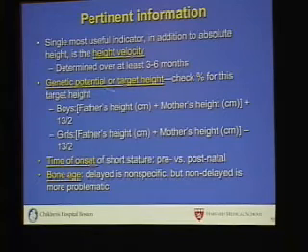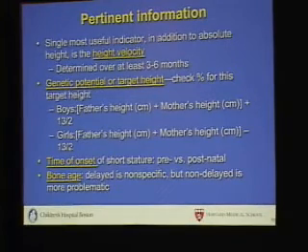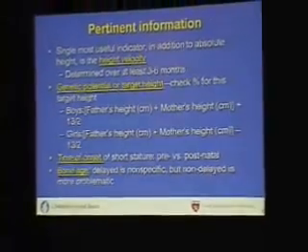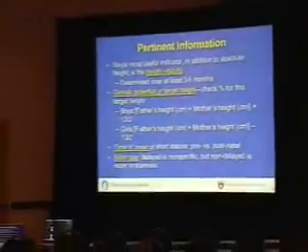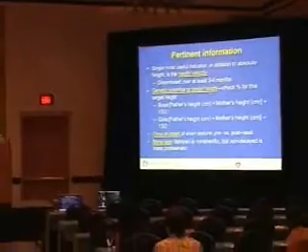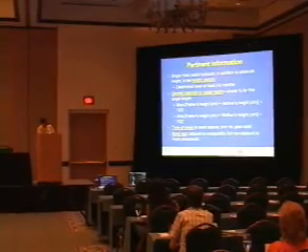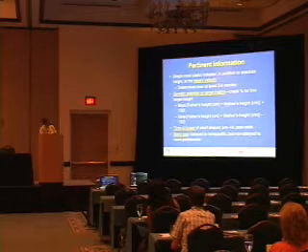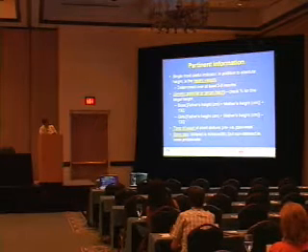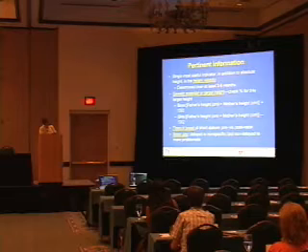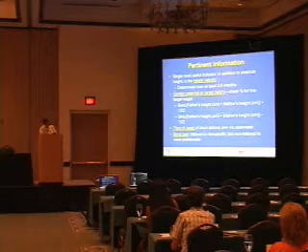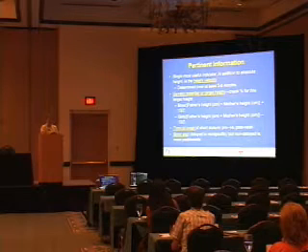The genetic potential or target height is important. It's actually worth sitting down and figuring this out. Endocrinologists do this at the drop of a hat. But if you're faced with a child with short stature, we ask family histories a lot. They're really important for us. Asking the parents what their height is really important. And if you add the father's height and the mother's height, for boys, take that sum, add 13 and divide by 2. For girls, you take the sum, subtract 13 and divide by 2. And that's actually going to give you your target height.